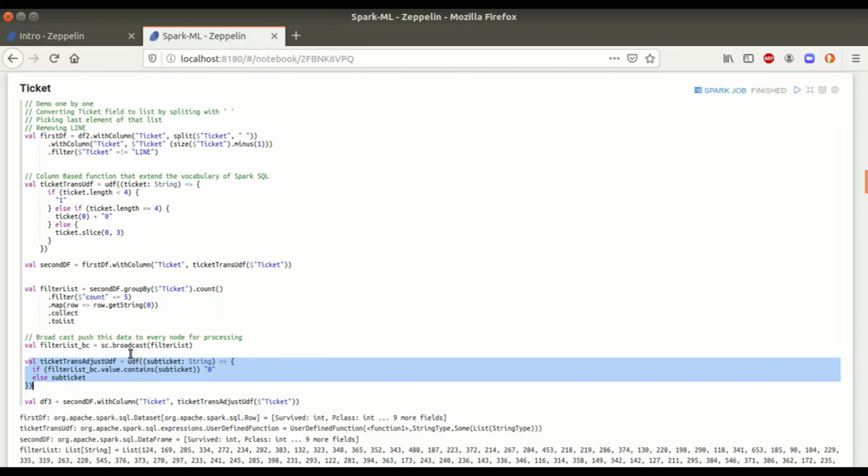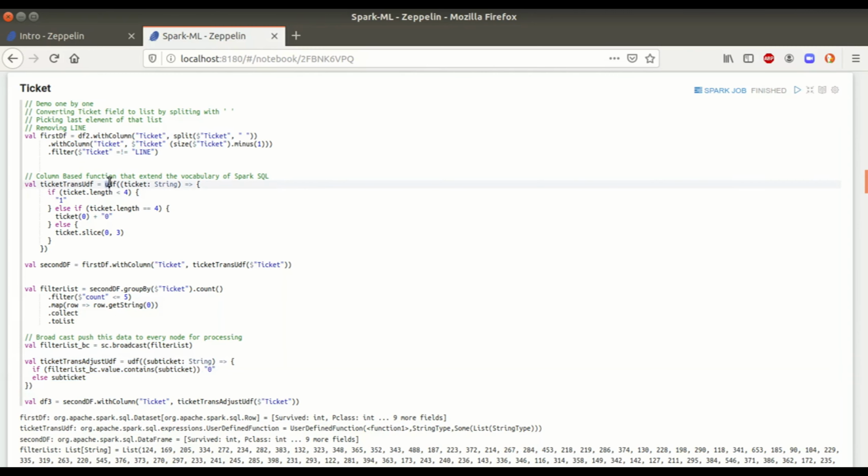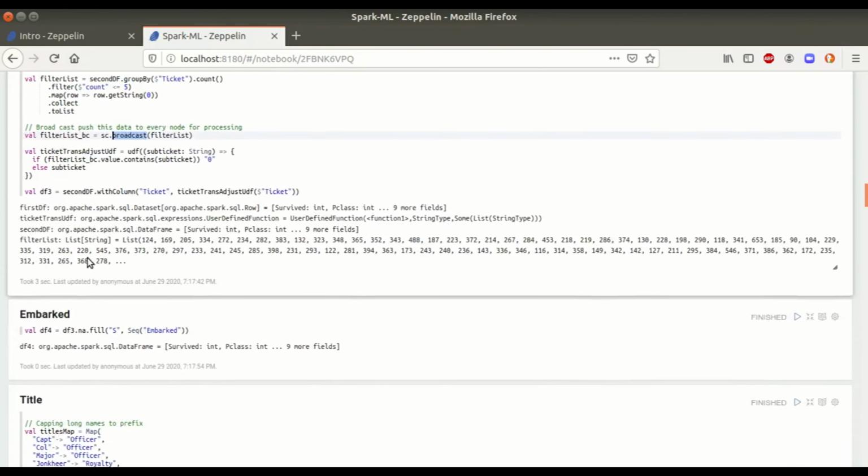So here in this example, we saw a UDF as well as the broadcast.